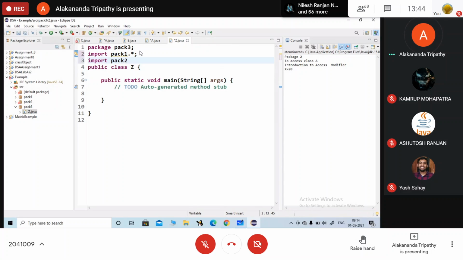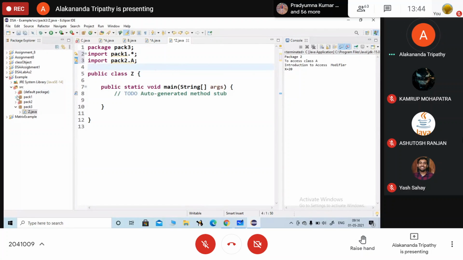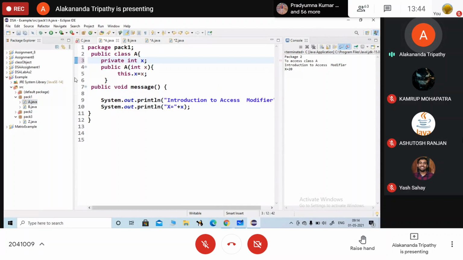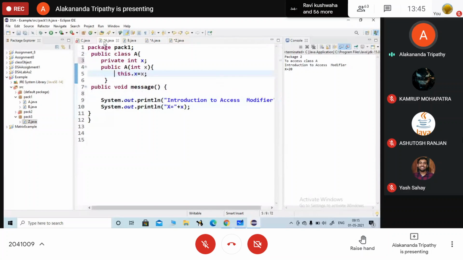अब मैं इंपोर्ट यहाँ पर लिखी पैक 2। पैक 2 में देखो तो कौन सा क्लास है? A और C. अब देखो मैं यहाँ पर ए ले लेती हूँ. ठीक है. अब पैक 1 में मेरा ए क्लास का क्या है, मैं इसको प्राइवेट बना दी हूँ. यहाँ पर मैसेज है, सो यहाँ पर मैं लिखूंगी. देखो, A a = new A(10). इस ए क्लास को हम लोग क्या लिए हैं, पब्लिक लिए हैं.